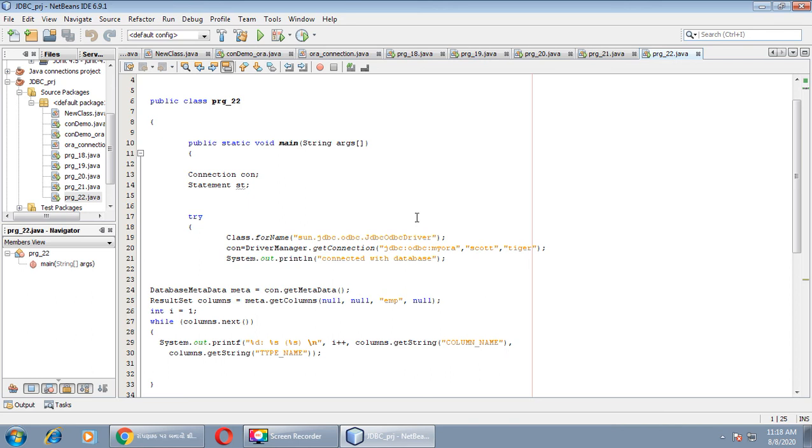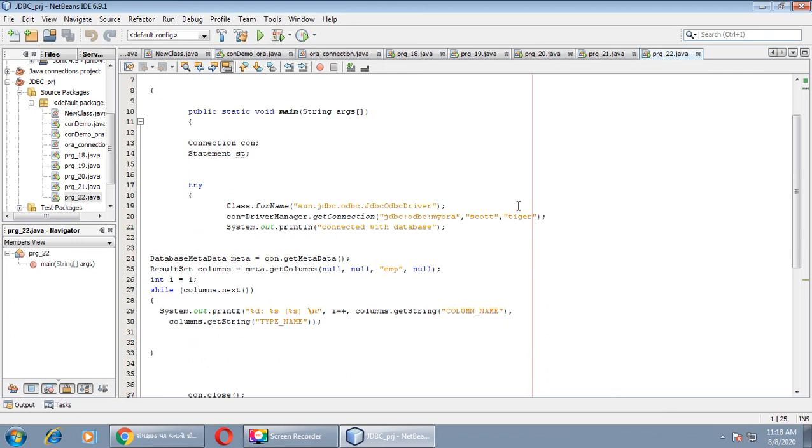One more program is left now, that is the connection with MySQL. In the next session I will show you how to do the connection with MySQL. For that we will create a DSN. First of all, you need to install MySQL on your computer, and for the next session be ready with MySQL installed on your PC. Fine. So this is enough for today, and thank you.